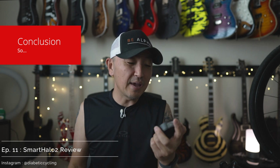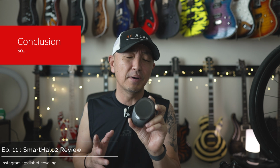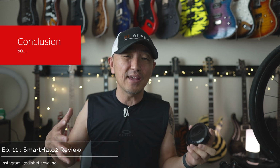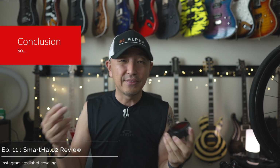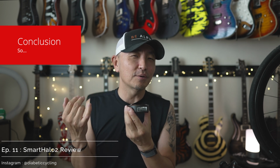So all of it really makes me think this is more of a proof of concept than a fully baked, matured product. It has a lot of promising features, but it just fails on execution. Now, I personally really hate mounting my phone to my cockpit during a ride for a variety of different reasons, but basically there isn't anything that you can't see on your phone, doing away with this. Of course, you're not gonna get the built-in integrated light or anti-theft features, but at this point, being able to see what you're doing in terms of speed and distance and stuff like that would be more meaningful to you